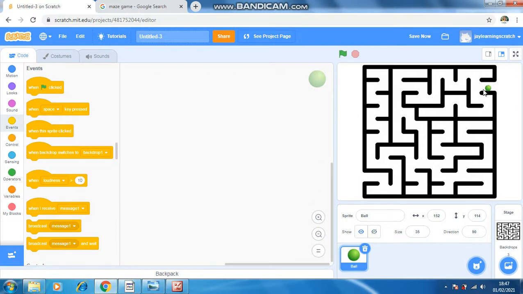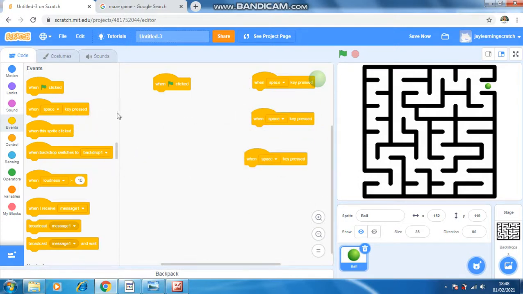Now I will code for it. I will take from the event category, when flag is clicked. Now we will take the when key is pressed block.